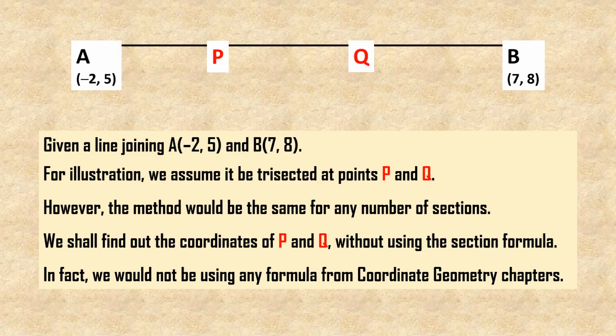Given a line joining point A, -2, 5, and point B, 7, 8. For illustration, we assume it be trisected at points P and Q. However, the method would be the same for any number of sections. Even if the line is to be divided into 10, 20, or 100 segments, it just requires only a single